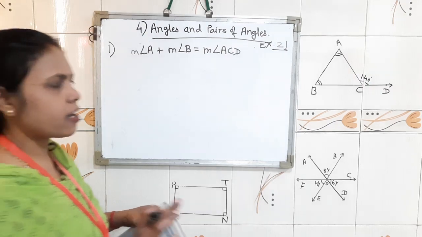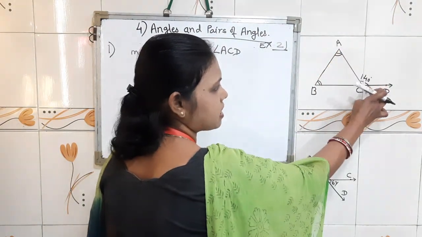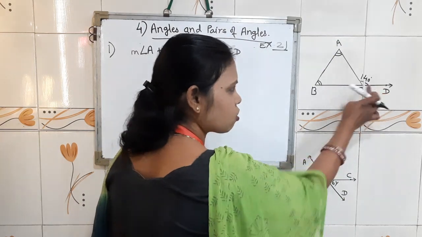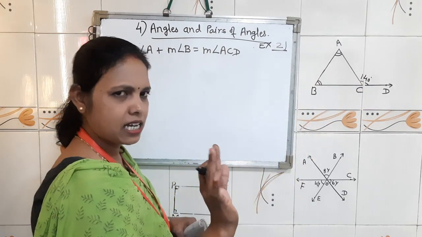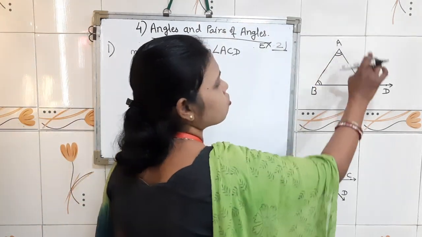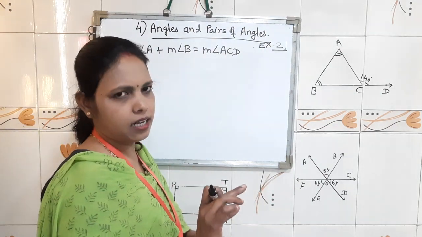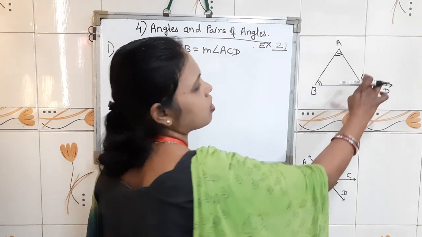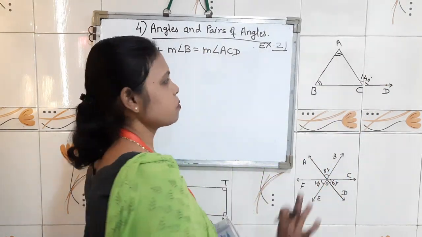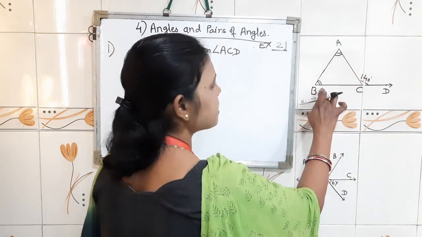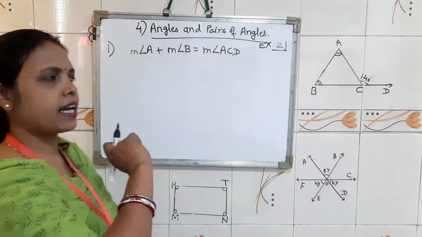So children, I hope this one is a triangle. In this triangle, exterior angle, you can draw this side also, we can draw this side also. Both will be your exterior angle. If we draw this one, then also from all the three sides we can get an exterior angle. But in our textbook, this side is given. Therefore, we have taken the same diagram. So, angle A plus angle B equal to angle ACD, that is the exterior angle.